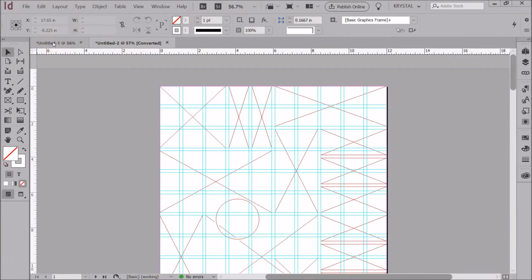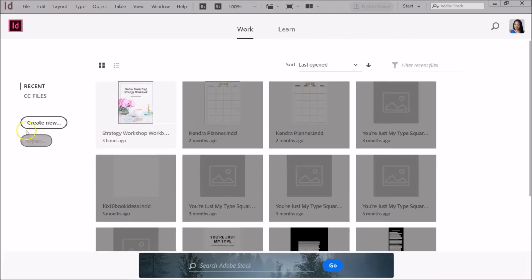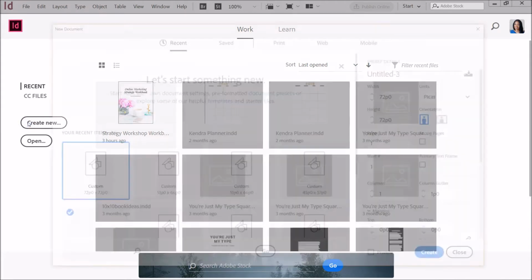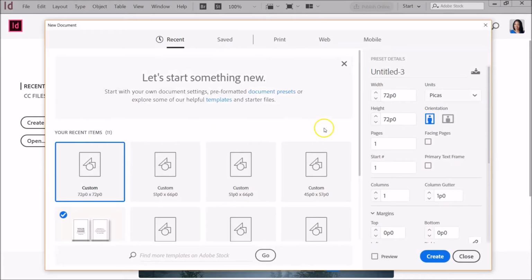So if you want to stay for the rest of the video, then stay for the rest of the video, and I'm going to show you exactly how to create these from scratch. And we're going to create a brand new template in InDesign. I am using InDesign CC 2018, but this should work for pretty much any InDesign CC version that you have. So going over here to create new,